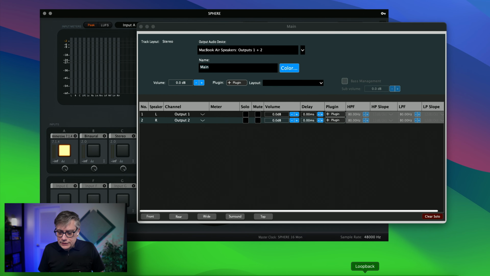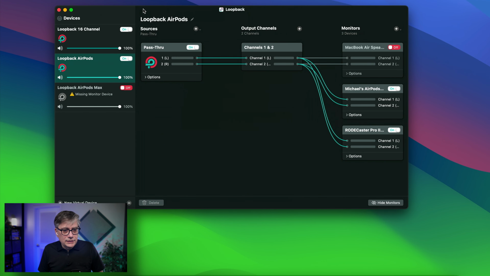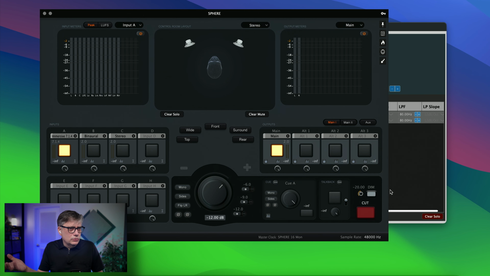Once again, for those of you who have never seen that, this is the loopback device here, and all it's really doing is taking in the audio and then sending it on to the Apple AirPods as well as to the Rodecaster so that you have the same impression that I have. In your case, you would select the Apple AirPods. Now, one thing I could actually do here, and I have not done that because the loopback system works well for me, is use the outputs here in Ground Control Sphere to have 2 separate outputs, one to my AirPods and one to the Rodecaster. But once again, never change a winning team. The loopback device has worked well for me, so I'm going to use it that way.